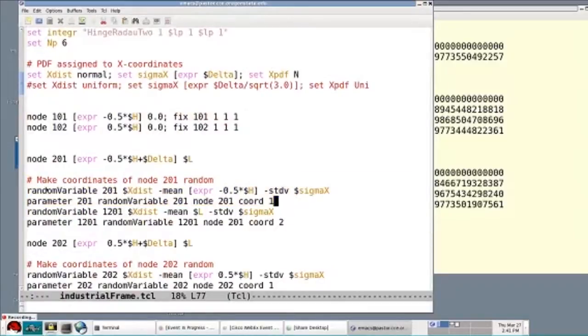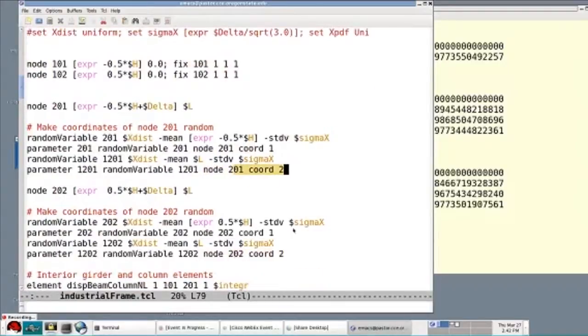Okay, so here the random variable has the mean, standard deviation. The parameter, associated parameter, has a tag, the random variable that it maps to, and then also the object in the finite element domain to which the parameter and random variable map. All right, so node 201, coordinate 1, which is the x direction. Okay, and then the next parameter maps to node 201, coordinate 2, which is the y coordinate. Excuse me. So yeah, this is x coordinate and y coordinate. Okay, so we have random nodal coordinates of several nodes,